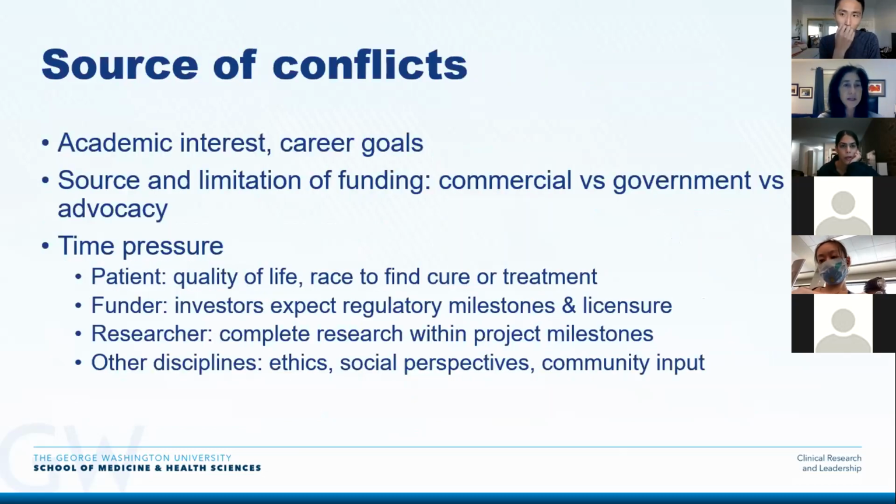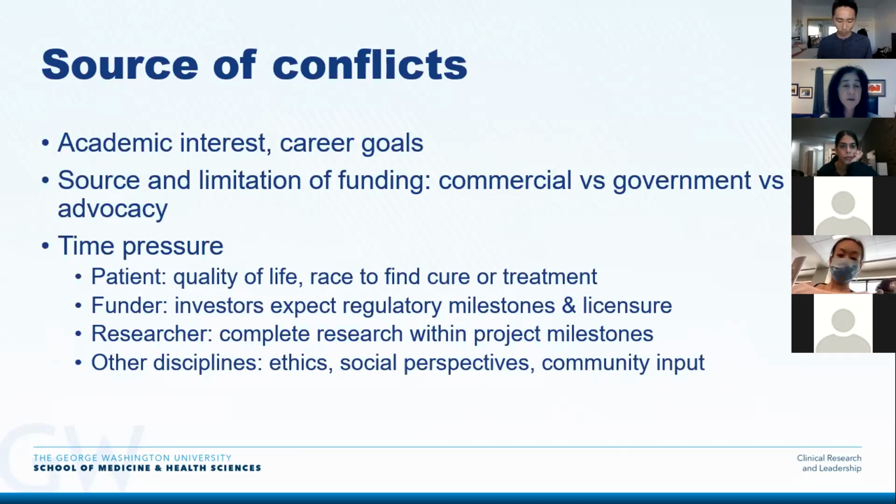Sources of conflict: I think there is a difference in academic interests and career goals for the researchers. There are limitations of funding between commercial, government, and advocacy groups. From a commercial perspective, they're looking for product fast time to market. The government is looking at broad health outcomes, and maybe advocacy groups are looking for specific improvements for perhaps quality